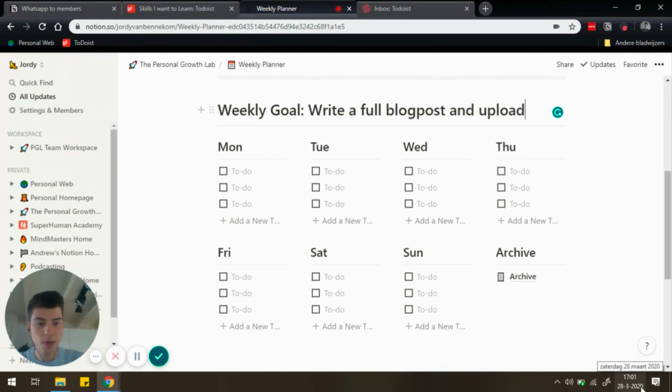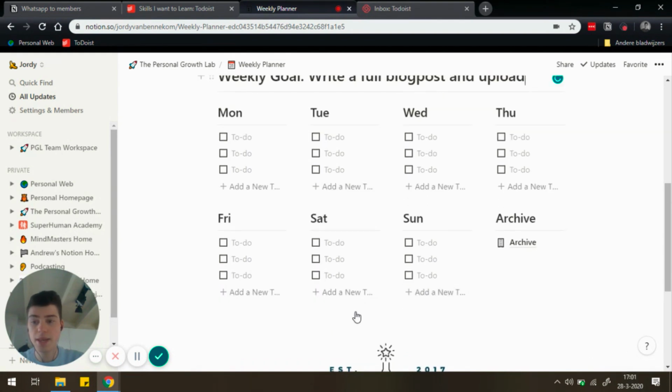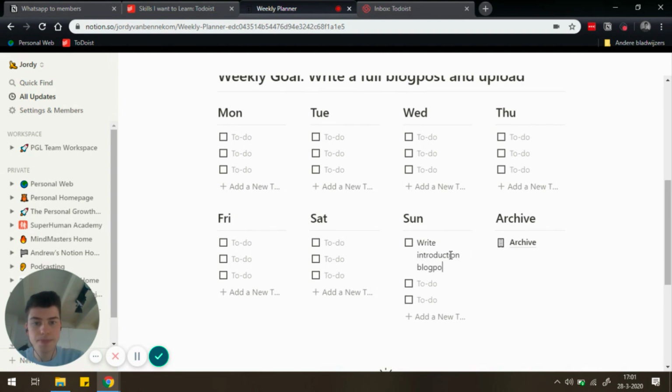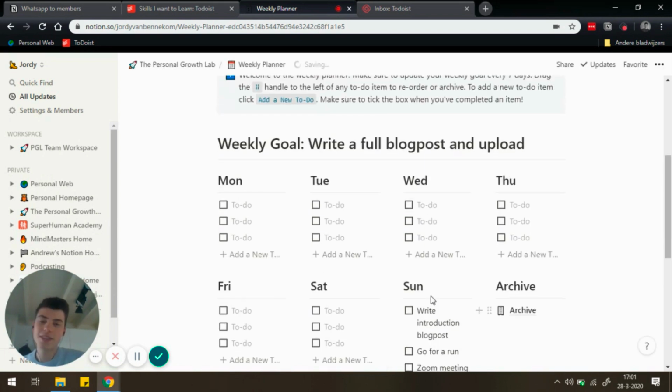And well, today's Saturday, so I'll be making a to-do list for tomorrow, which is write introduction, blog post. I want to go do some sports, so go for a run. And I want to have a Zoom meeting with a friend. So what's effective about this is that you can put your to-dos here, and mainly 3 to-dos,